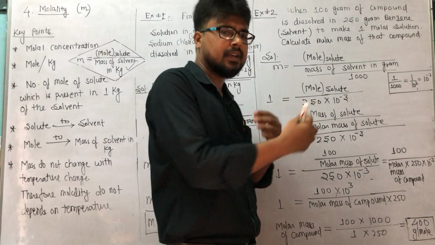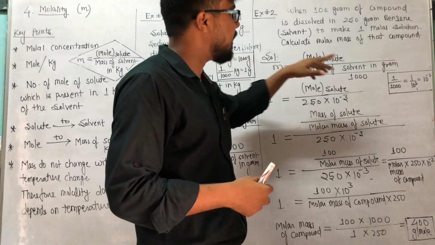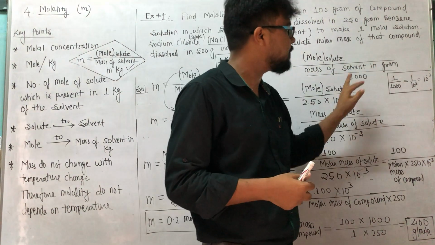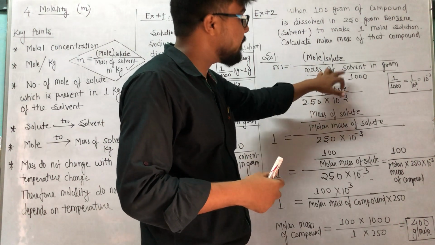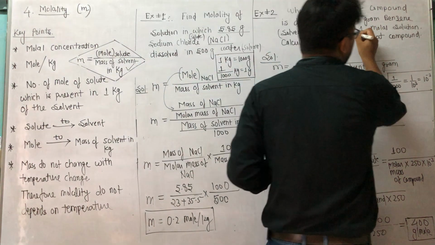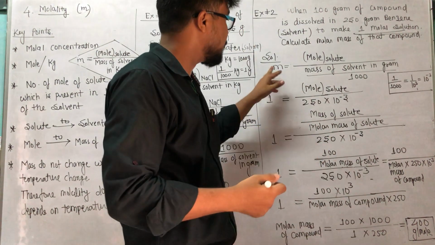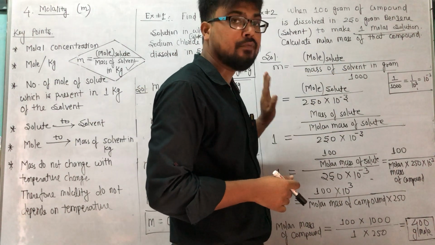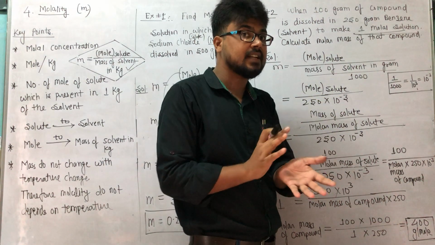So same thing as we are doing, like small m equation, mole of solute divided by mass of solvent in gram. This is further divided by 1000. Again, because it is gram, I have to go for kilogram, and for this I will divide by 1000. Correct? So what is the amount of small m? It is this, 1 molar solution. 1 molar solution means molality of solution is 1. So next, 1 equal to mole of solute over mass of solvent in gram, it is 250 and 10 to the power minus 3. Correct? Because I had to report my answer in kilogram.